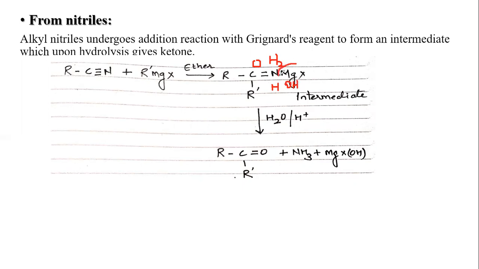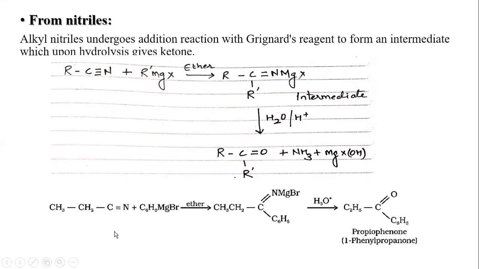So we can see the basic magnesium halide will be formed as a byproduct, NH3 will be formed as a byproduct, and the remaining part will form ketone. This reaction can be represented as when ethyl cyanide